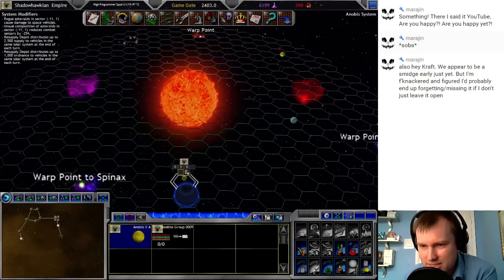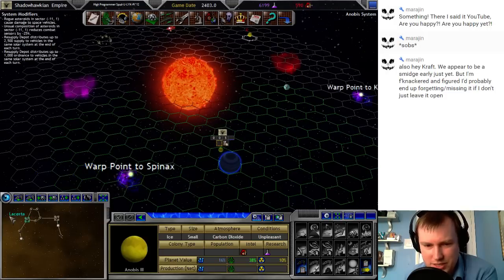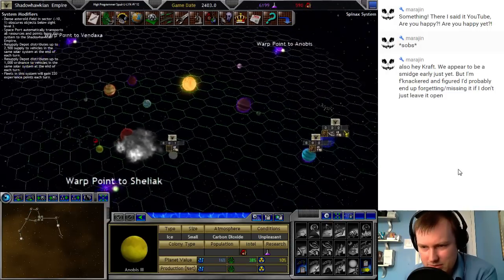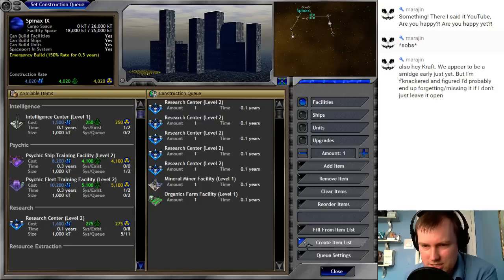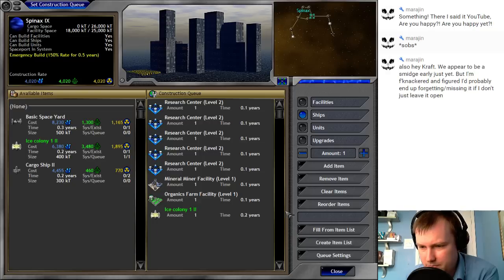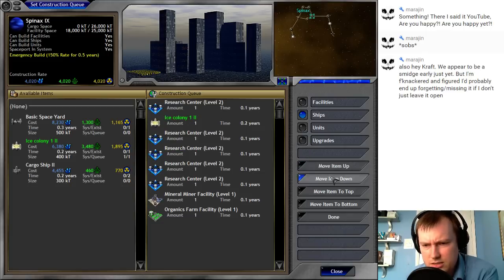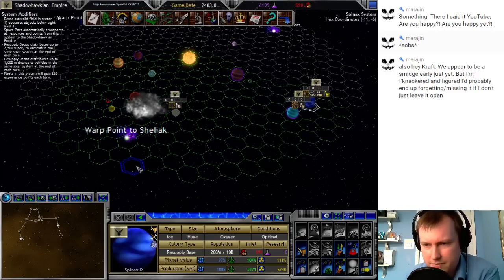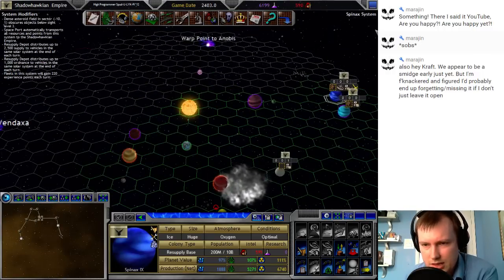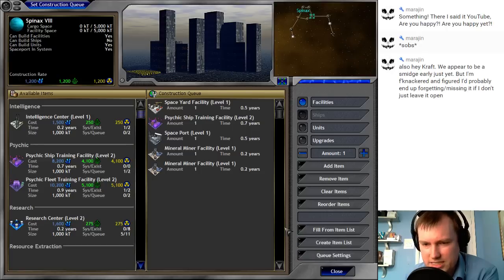Yeah, that 1,000 supply world, which is useless. And this, which is going to be another 1,000 supply world, which will be relatively useless. But yes, we do need to start work on things here. That's research centers being built. That'll be good. Let's get an ice colony, though, set up ahead of time. So it's still an emergency build for 1.5 years. That means it'll just get everything sorted out in one go. We need to get some intelligence centers built up because eventually we will be effectively...